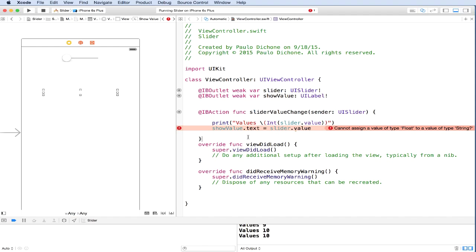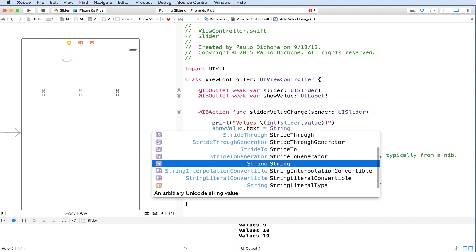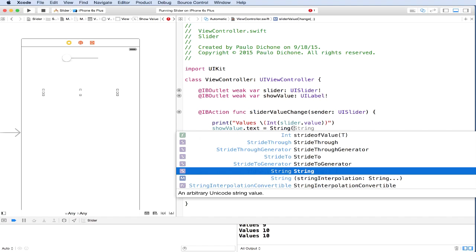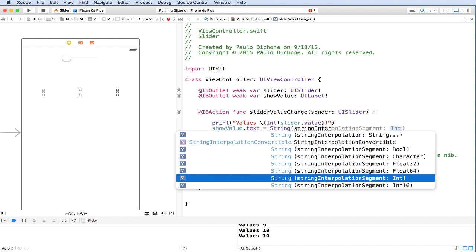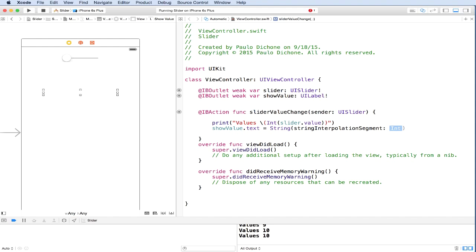So what is happening here? What it's saying is that show value.text here expects a string, and we are passing a float. So these two types clearly are not compatible. So we need to convert this float here into a string, which will then be able to be displayed in our show value label. We are going to say string, and then inside here, we're going to say string interpolation segment here, as you can see there. Say enter. We pass our